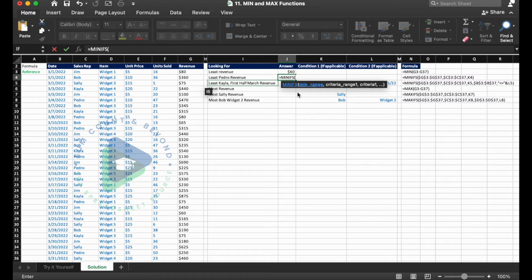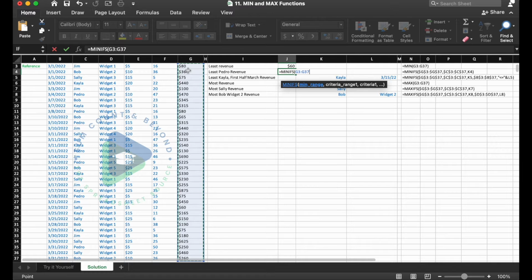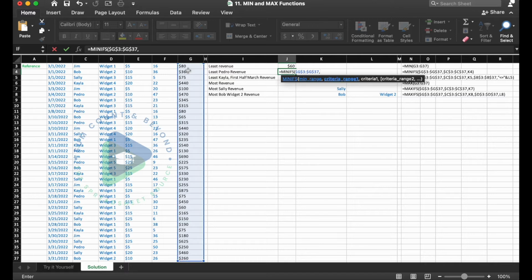And so we are going to look here at the range. We're going to do G3 down to G37. We're going to lock that in with an F4. Then for our first criteria, we're going to look over to C because we want to see Pedro.